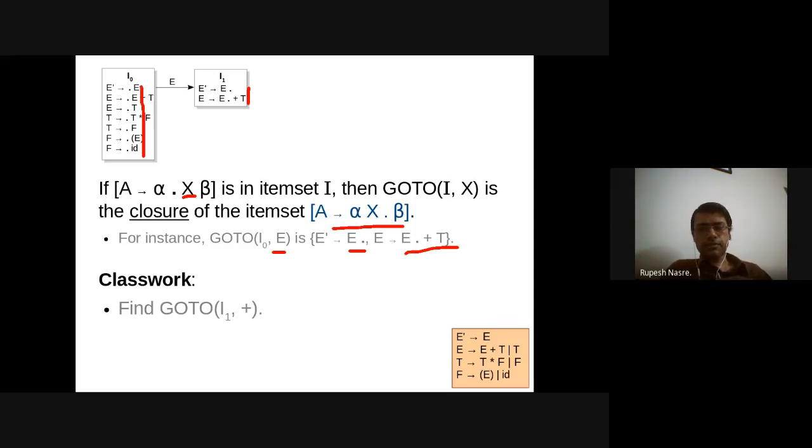Okay, so we have something from Sarthak. Okay, so let's understand why Sarthak has written it this way. Sarthak, do you want to explain?